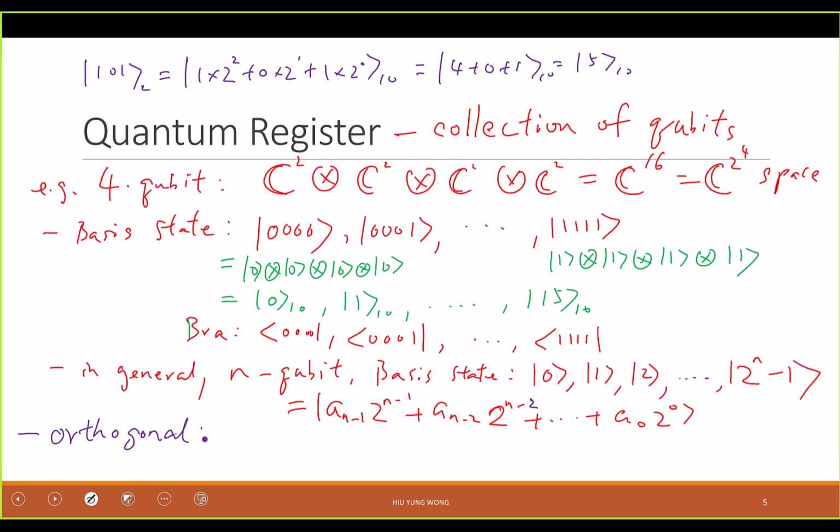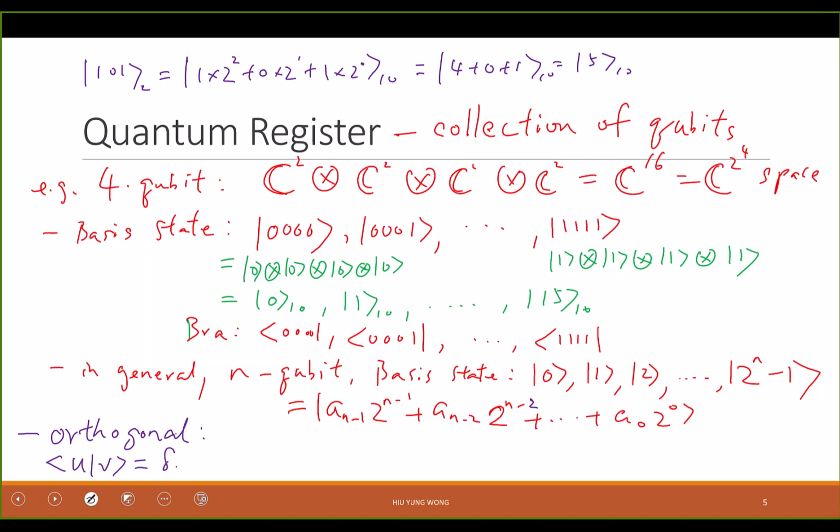The base has to be orthogonal. So then what does it mean? It means <u|v> equals delta uv. Okay? They need to be the same. But not just this. The point is that every bit has to be the same. For example,